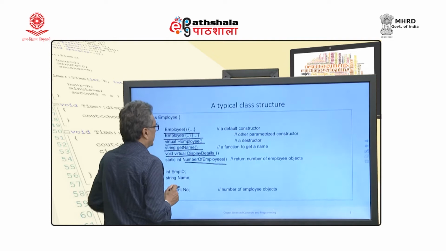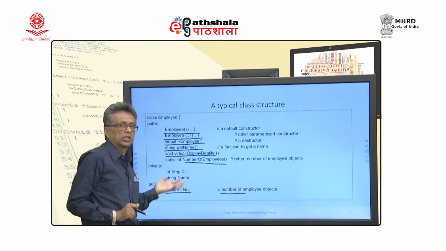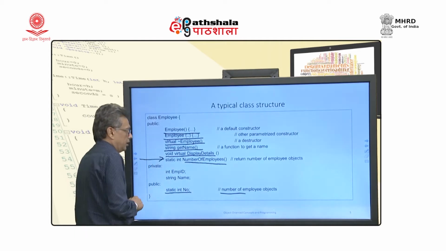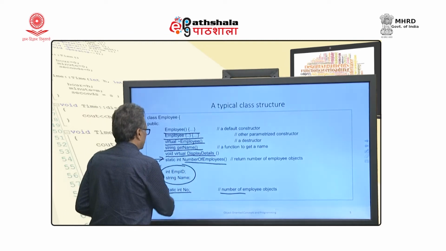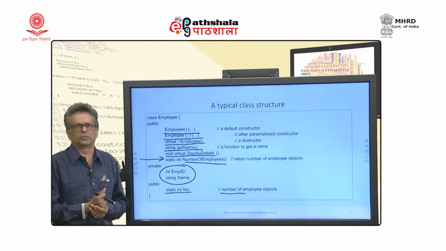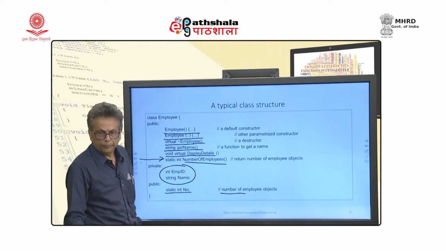This is an employee class, and we have a static integer no, which we are going to use to find out the number of employees, and a static function which returns that. It has two private data members, employee ID and name. This is a very simple employee class that you normally see.